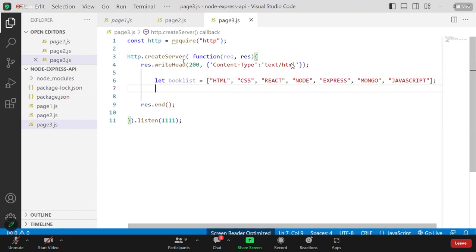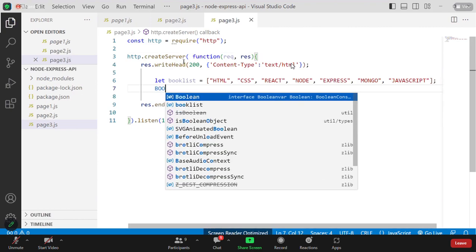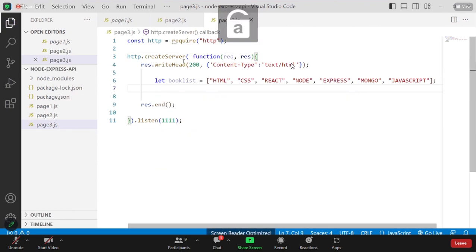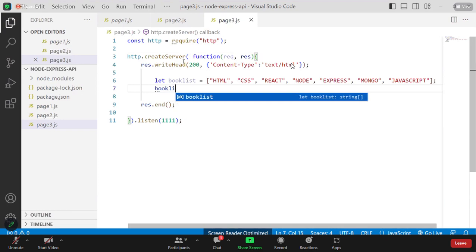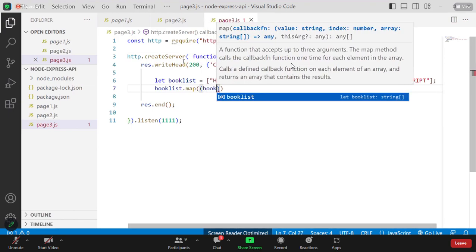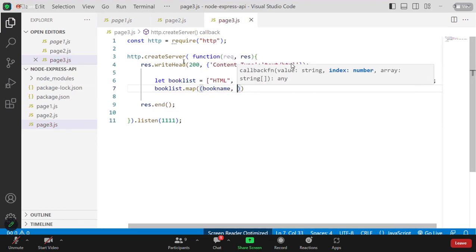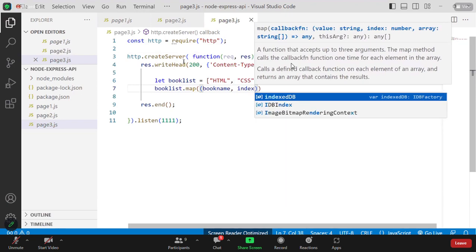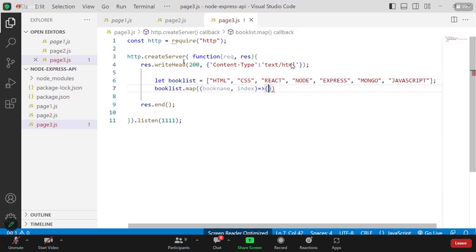So booklist.map. I have used the map function here on booklist. I'll take the book name, as well as I'll keep the index. Next, after that,